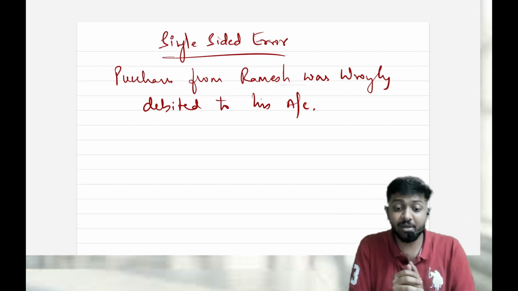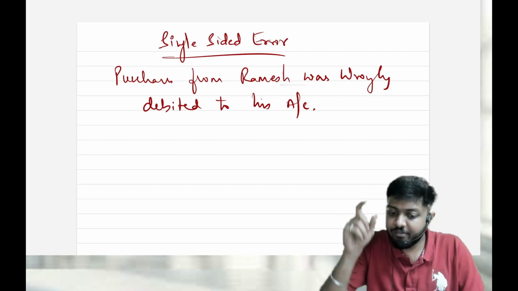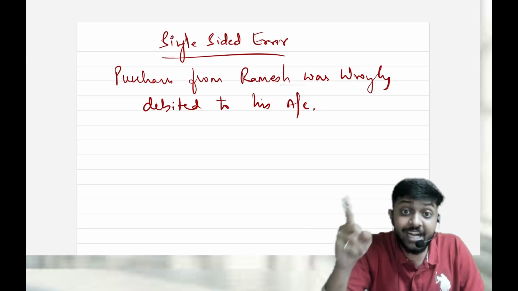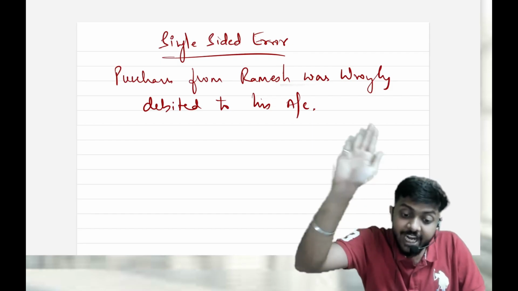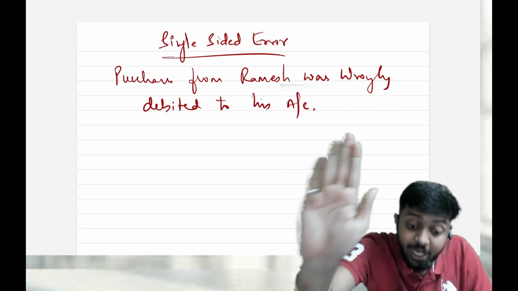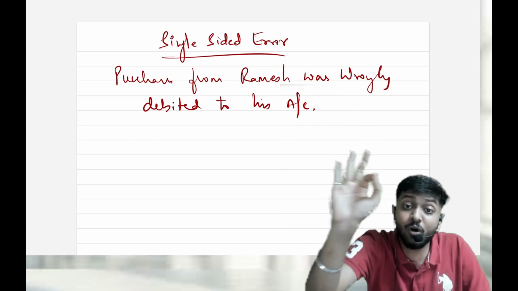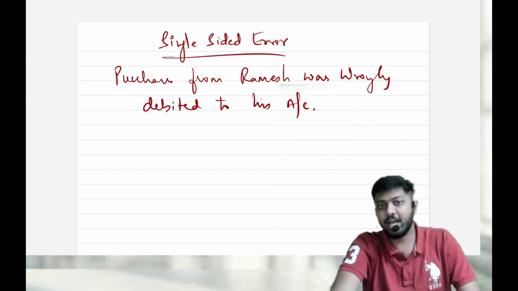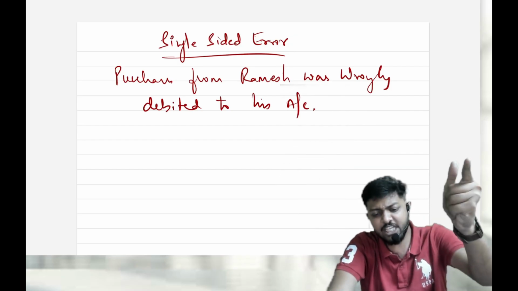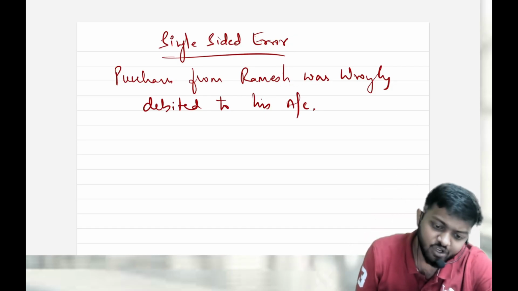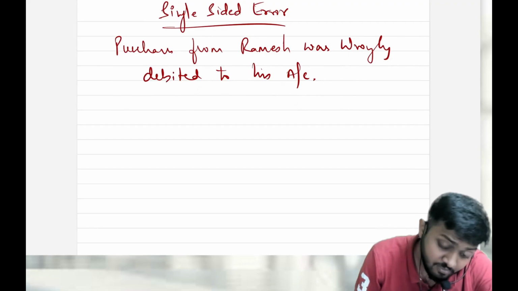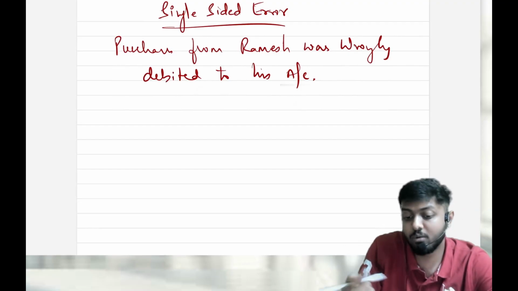I'll give an example. If they have told that a particular account is wrong, then only that account is wrong. The other account concerned in the journal entry has been posted correctly only. Try to understand this. If you get this logic, ROE, rectification of errors, will be very simple. Now I'll try to show what I just told.